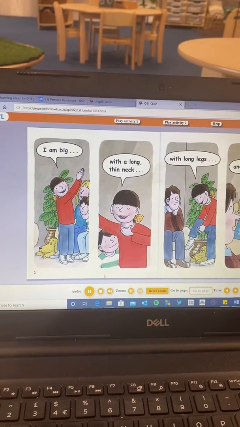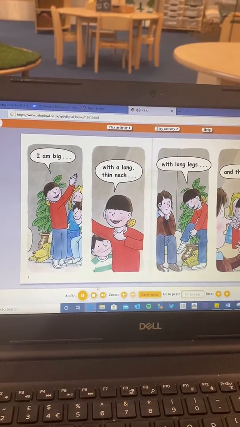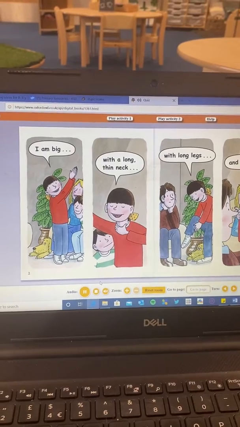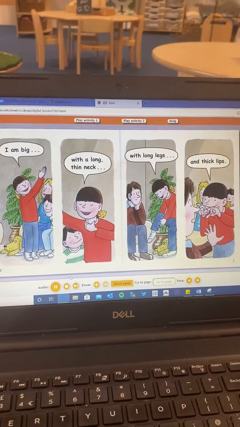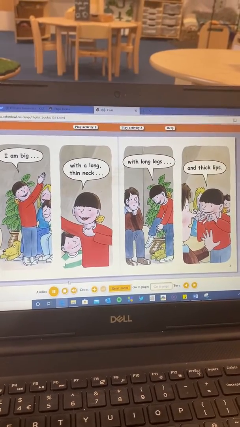I am big, with a long, thin neck, with long legs